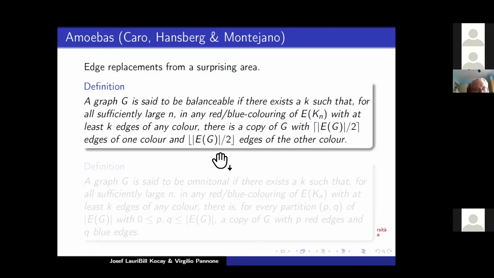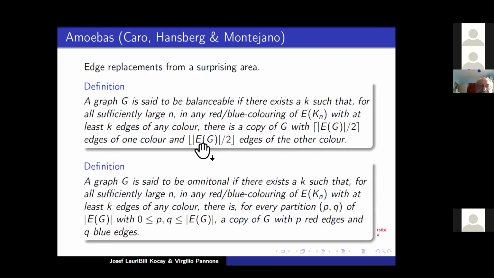Okay, Caro, Hansberg, and Montejano extended this and said, well, if there is such a K and for N sufficiently large, now what we want is that in every edge coloring of Kn from a certain point onwards, you can find, what this means is you can find